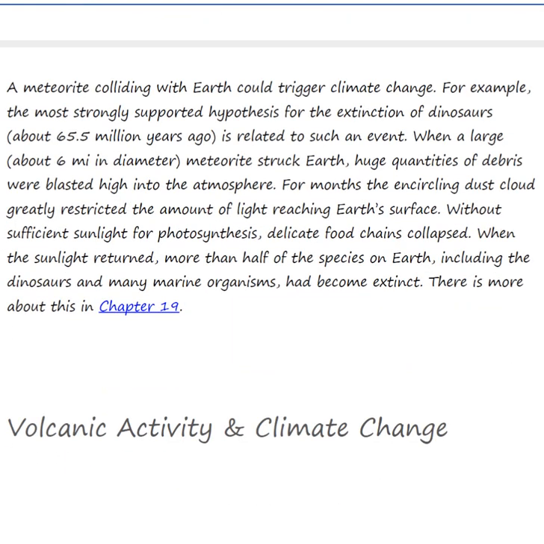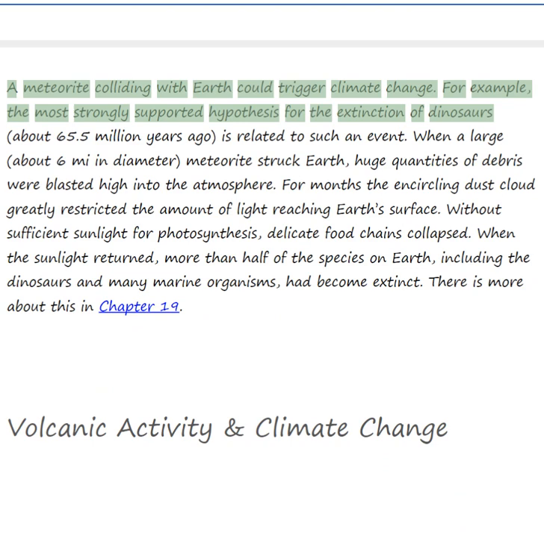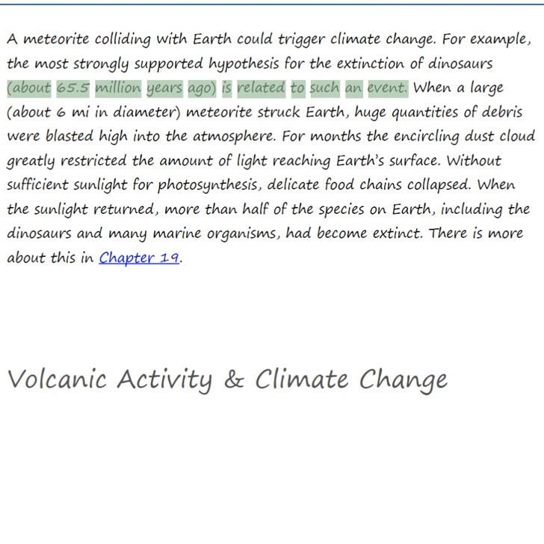Did you know? A meteorite colliding with Earth could trigger climate change. For example, the most strongly supported hypothesis for the extinction of dinosaurs is related to such an event. When a large